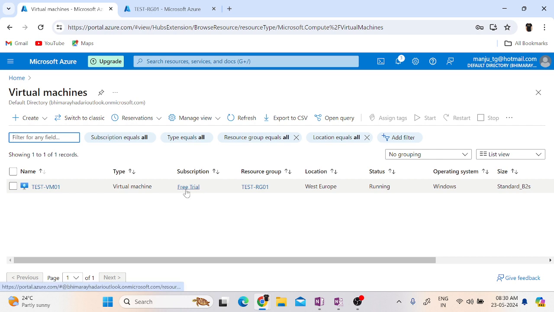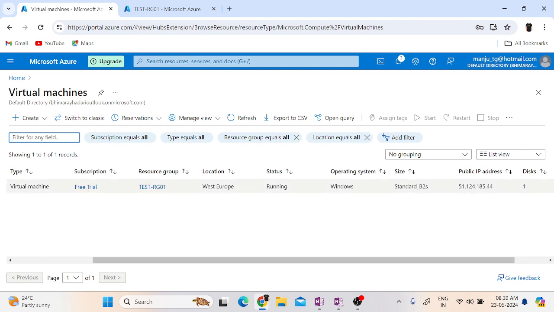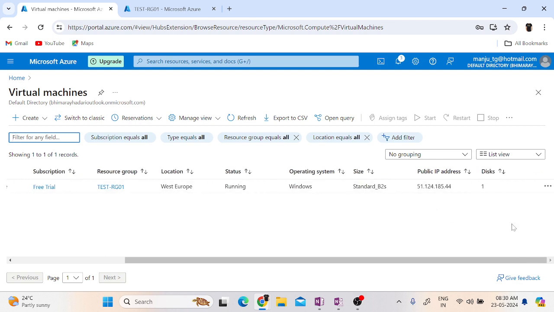It's in the free trial subscription. It is in the test-rg01 resource group. It is in the Western Europe location, and the status is running. It's a Windows operating system. It has a Standard B2s size, and it has a public IP